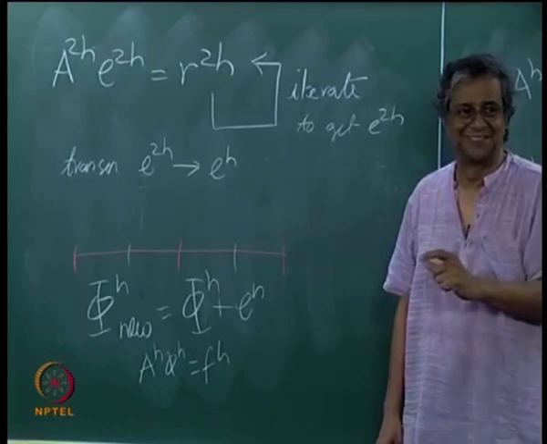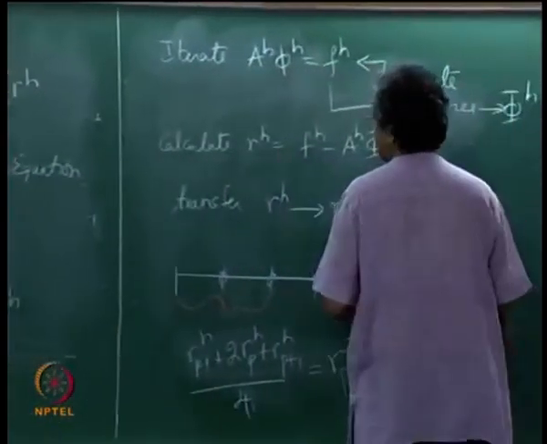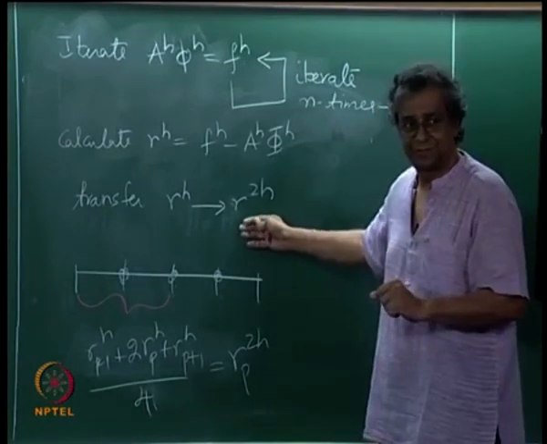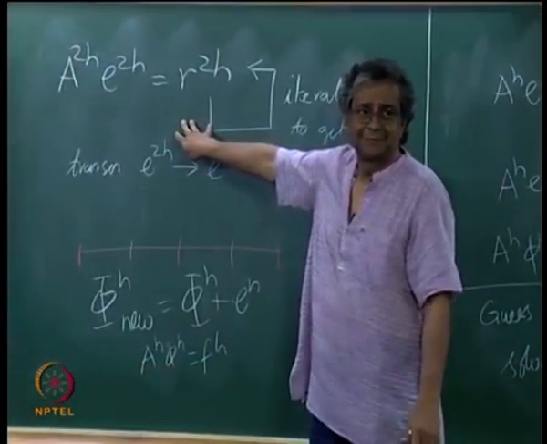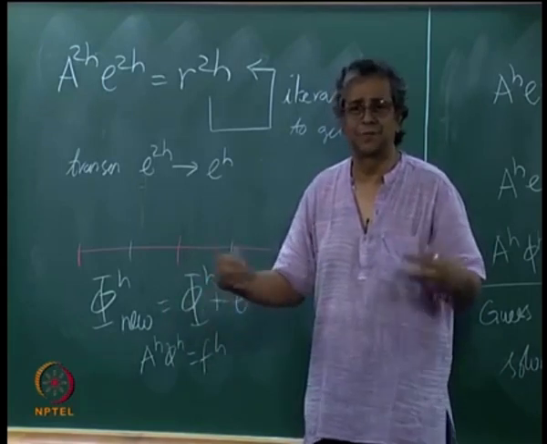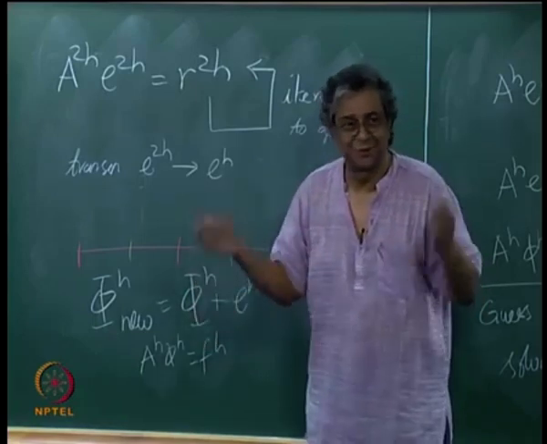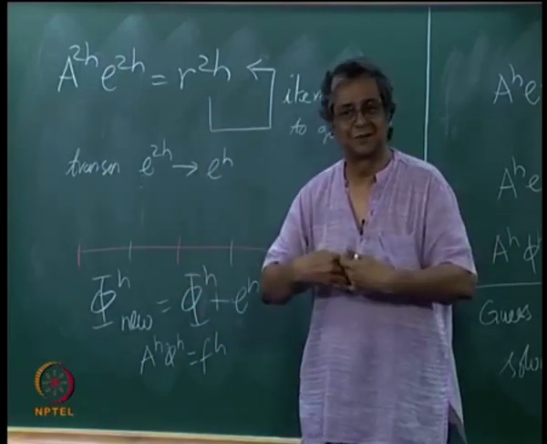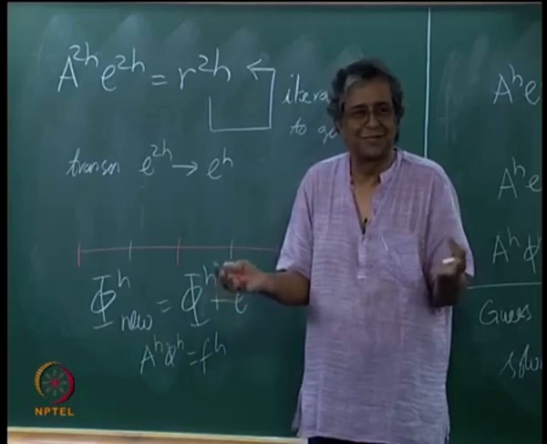Now comes the little trick, the little gimmick that we are going to play. Come back here. You have done the transfer. Having done the transfer, come back here, and I am starting to iterate. You are working on a 50 by 50 grid. You do 10 iterations, all the high frequency errors on that 50 by 50 grid disappear, but it still does not converge, because there are low frequency errors on that grid that do not go away. So you think, if only I could run them on a 25 by 25 grid,